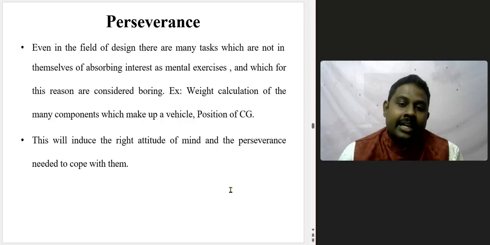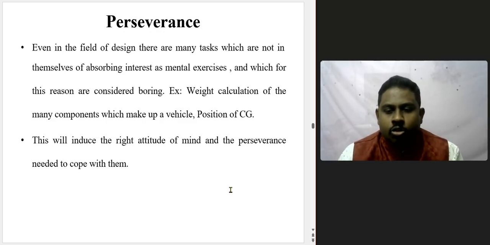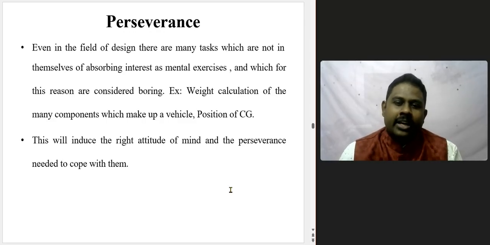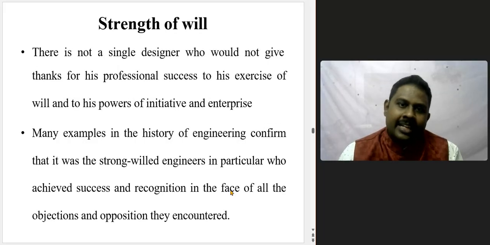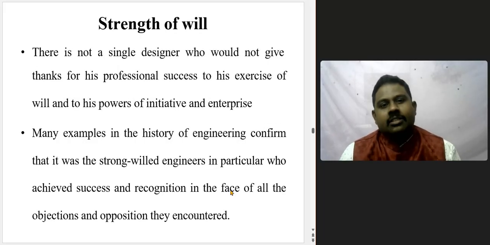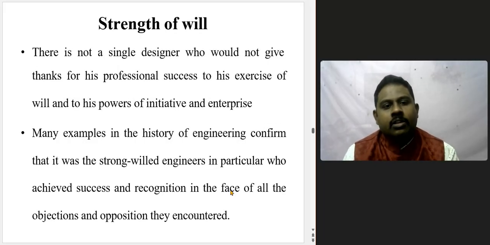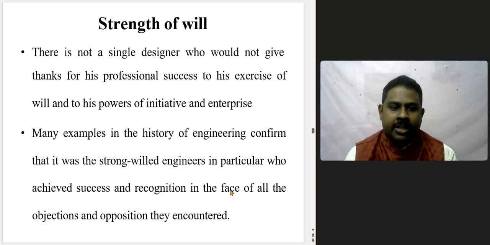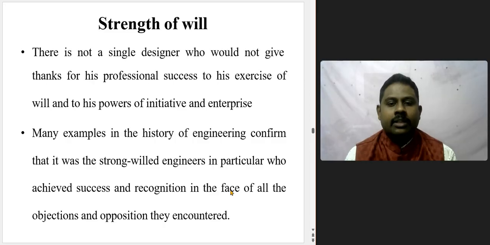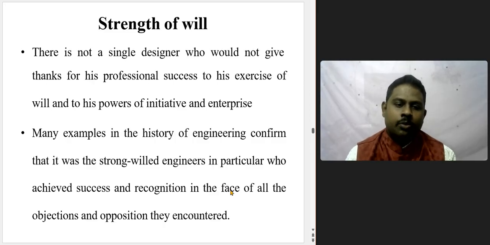This will induce a right attitude to the mind, and perseverance is needed to cope with them. So that is also a very important factor. Next, strength of will. There is not a single designer who would not give thanks to the profession of the experience. So that is an exercise which is being done. So the will, I will do, I can do, like that we should be capable and we should believe